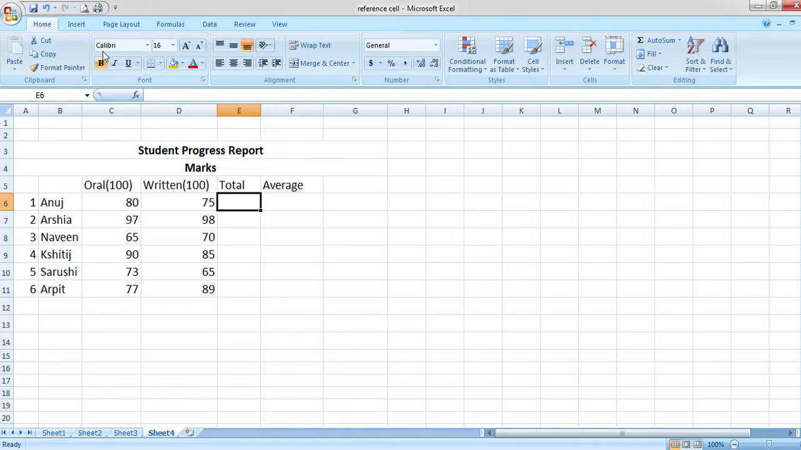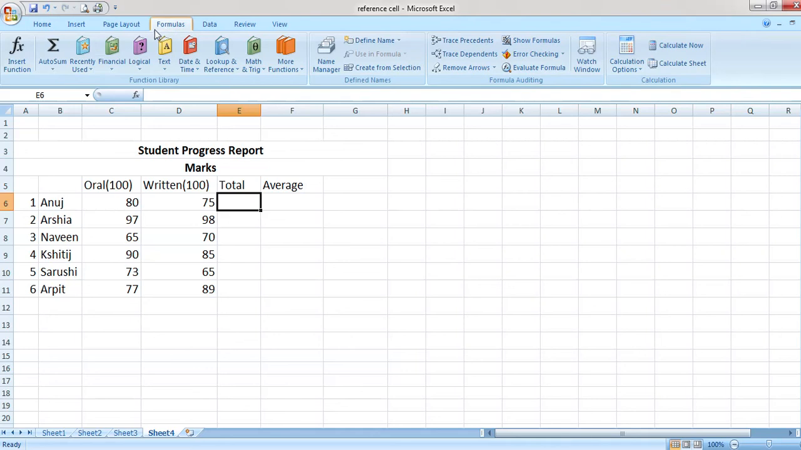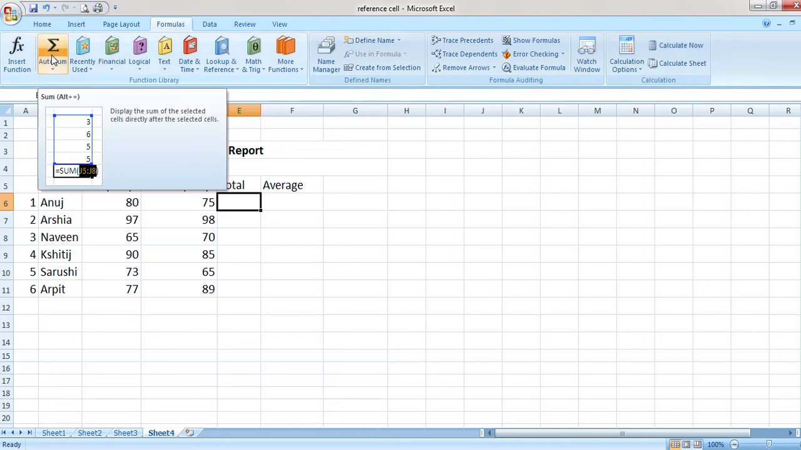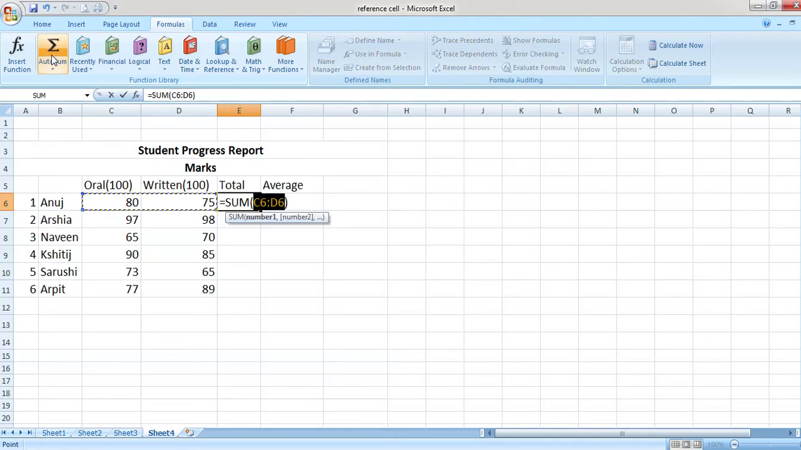Where would I find the editing group? In the ribbon you can see the auto sum option is given. I have to click on this auto sum option. By default it is taking two values, because these are the numeric values this function works upon. It will automatically give you a dashed border that is appearing around the cells C6 through D6,